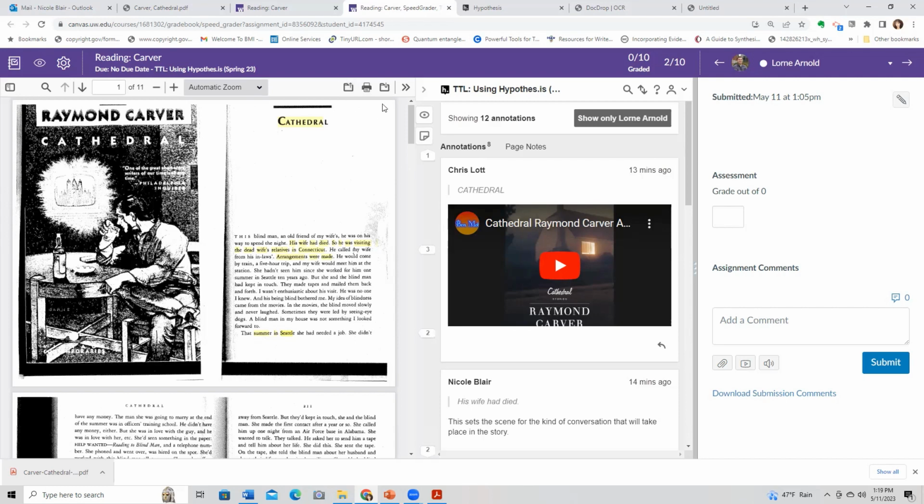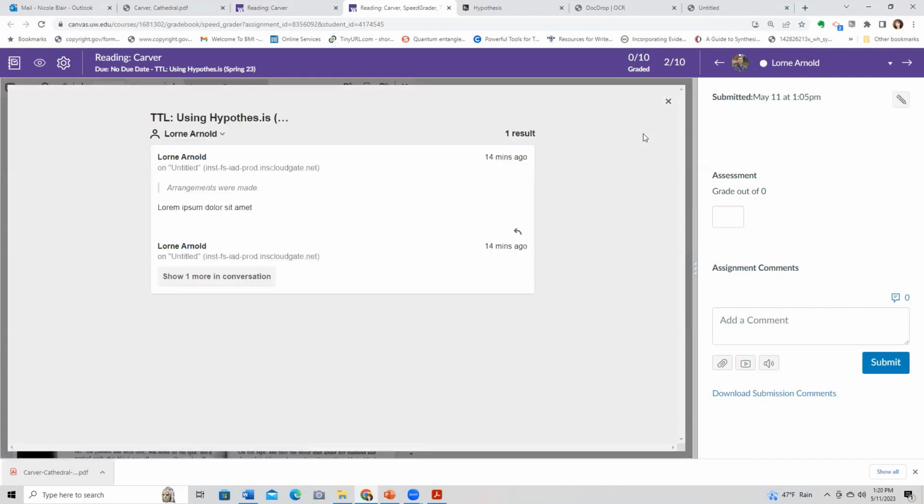That's awesome. Another thing I just discovered too, while we're doing the discovery thing, is a function I had never used. I've been using Hypothesis forever, but if you go to the top right of the Hypothesis window next to the little person, there's a little arrow, way to the right of that person. Click that little arrow, and there's a notebook option. Look at that. If you open that, it's interesting. I'd never seen this before, but this would be a way to save and print comments, because if you show all comments and open the notebook, you see them all. So you can easily export that to PDF or save it or whatever.